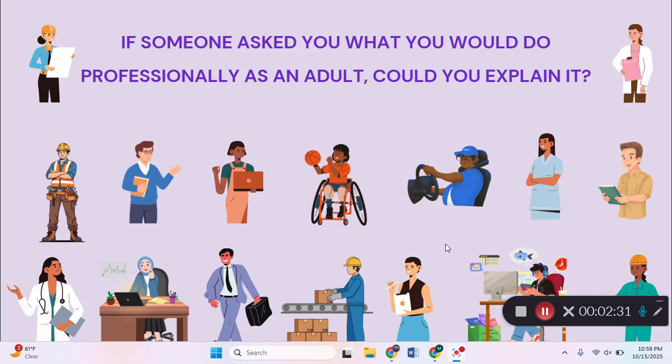What I also want you to do, though, is make this an authentic experience. Whenever I'm looking at your infographics, I don't just want to see details about the job itself, right? That content is important to express that you understand what exactly the job is and what it entails. But also think about yourself as a person. Whenever you're choosing these careers, it's not just, hey, this is something I'm good at, or hey, this is something that interests me. You've done a deep dive into these careers. Think about your personal life as well.